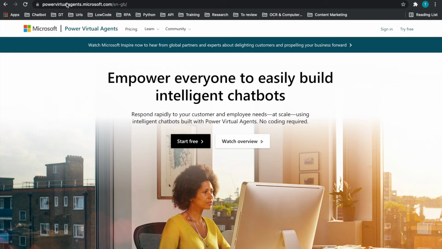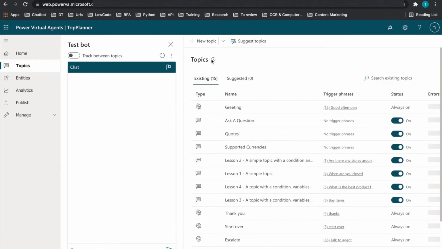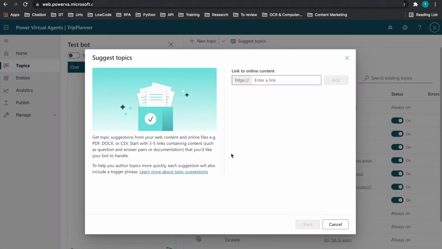Go on to powervirtualagent.microsoft.com. Then you can try for free if you don't have an account, or you can sign in. So there are different ways to actually find out where your suggest topics are. You can go through this button just on the home page, or you can go into topics and suggest topics from here. So from the home page, if you go into suggest topics, it will bring you up